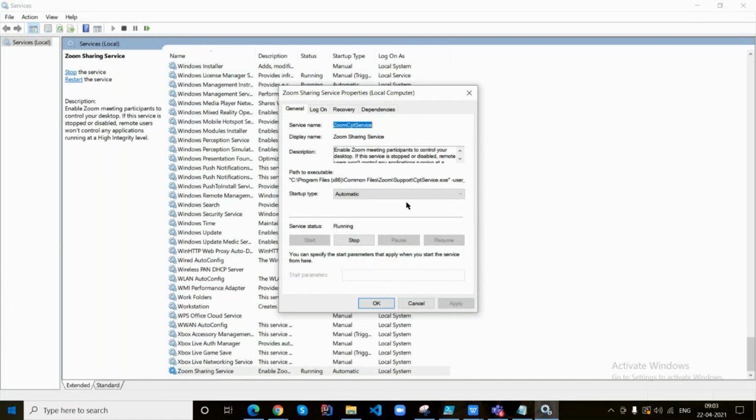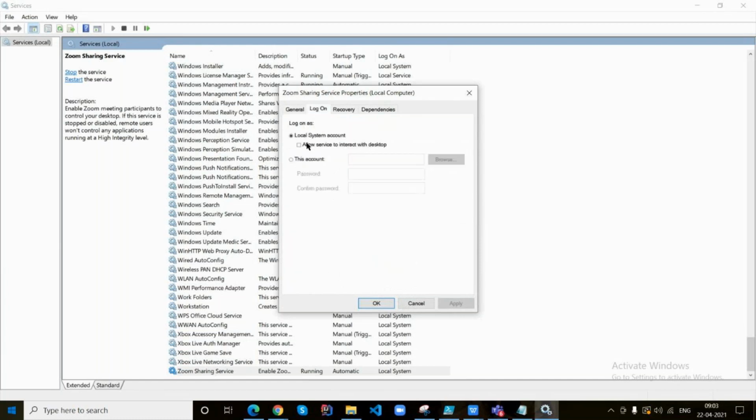But if somebody asks you to change the login method, go to the login tab, please. Currently, the login method is the local system account, but somebody asks you to change the login method to this account, that means a specific account. So how are you going to achieve the same?